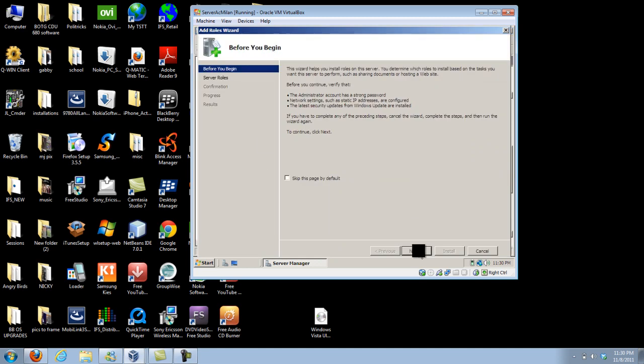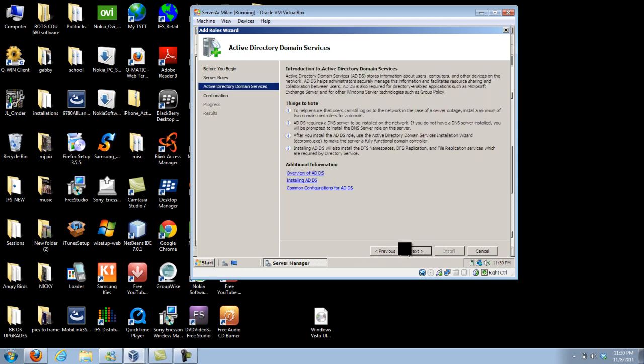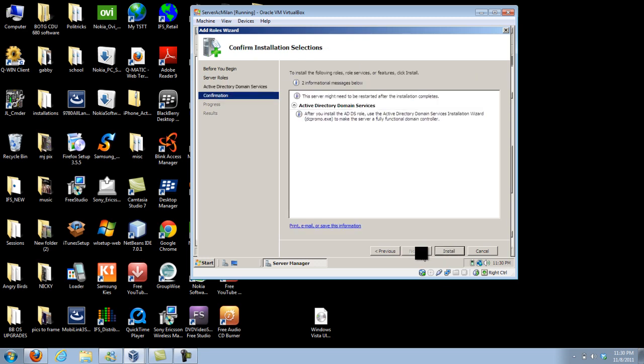We can go ahead, next. And we're going to click on the Active Directory Domain Services. Just click there, press next, and next again, and install. What this is really trying to tell you is that after you install the Active Directory Domain Services, if you want to make the server fully functional, the domain controller, you'll have to go to a program which you can find right down on the bottom here at Start and Search, which is called the